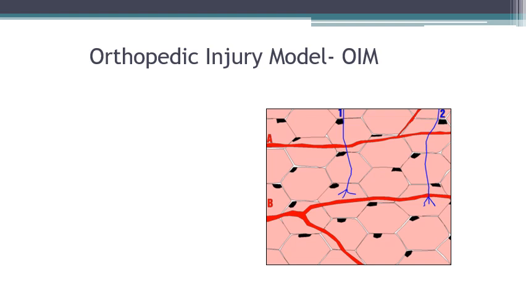So this is the orthopedic injury model. This is basically a complement to the discussion on tissue healing. Much of this is going to be repeat information in regards to tissue injury, but we're going to show it in regards to what is actually happening with tissue. So we're going to present it in a different way that could maybe help your understanding a little